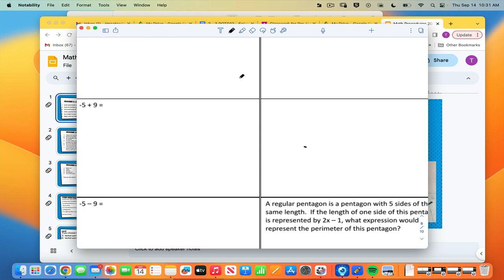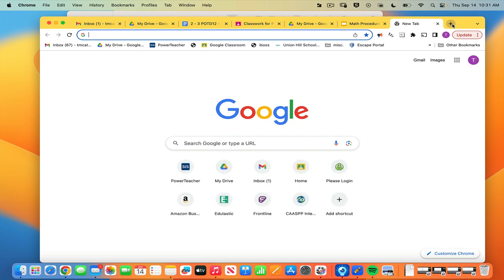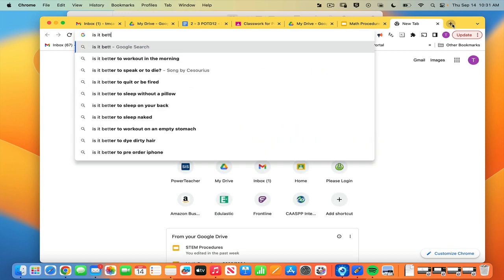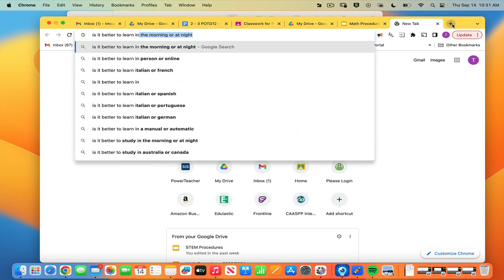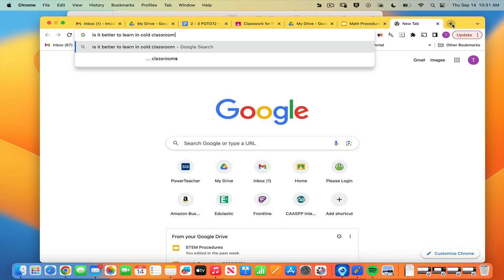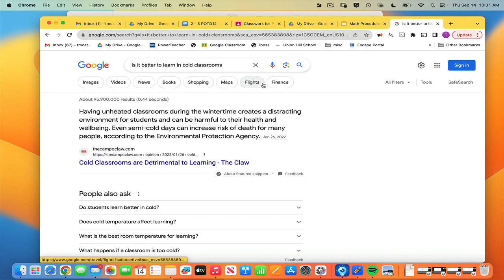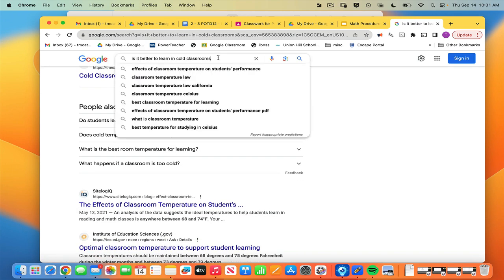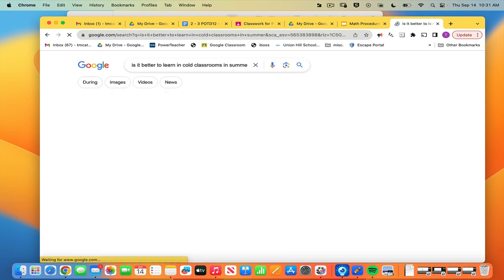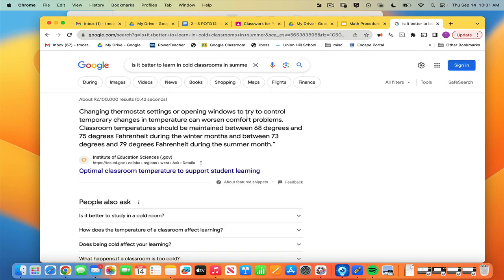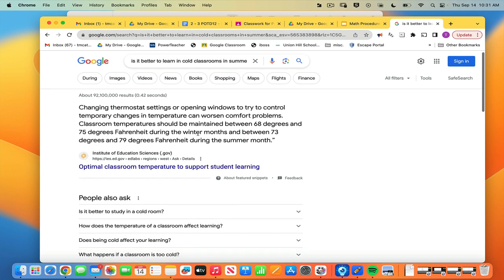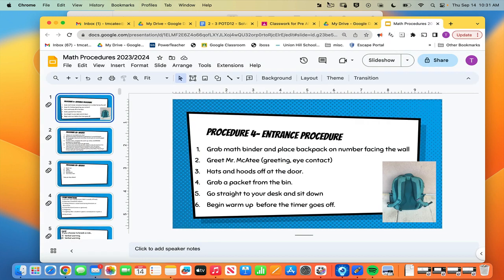Why? Science. The more you know. It was still cold in here. It is kind of chill. See, look. Is it better to learn in cold classrooms? Would you rather be in 100-degree weather or 1-degree weather? In the summertime, go. 68 and 75. 73 and 79. Well, yeah, but your classroom was always so cold. I'd be like inside of